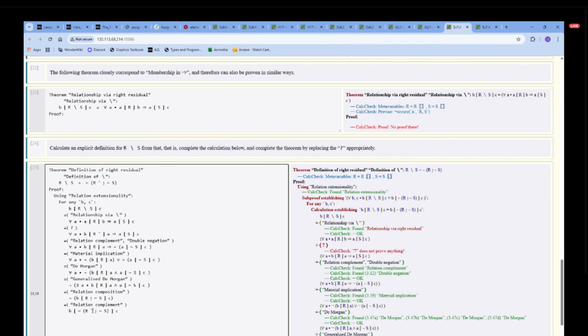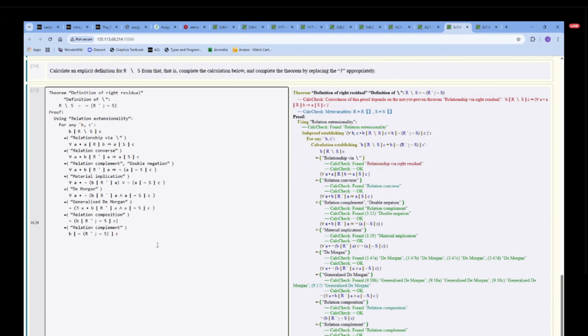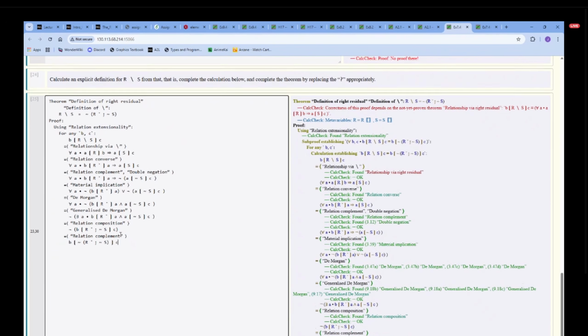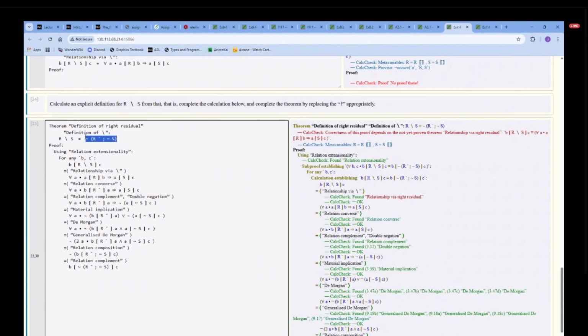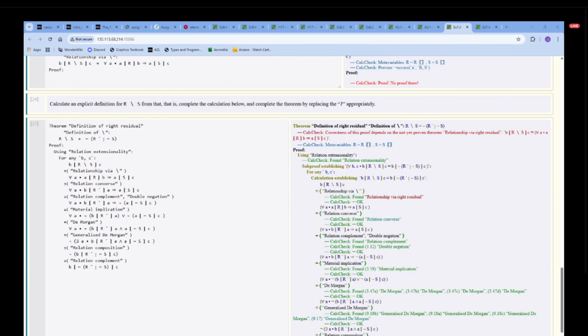Oops, I copied it with a space. Yeah, okay. Let's put that literally everywhere. Now we can swap these guys around. Relation converse. Okay, so that is, I guess, the definition you end up with if you just reverse engineer it, right? Works, I guess. Yeah, I don't know. That's a weird one. I'm not really sure that's exactly how he intended us to do that, but